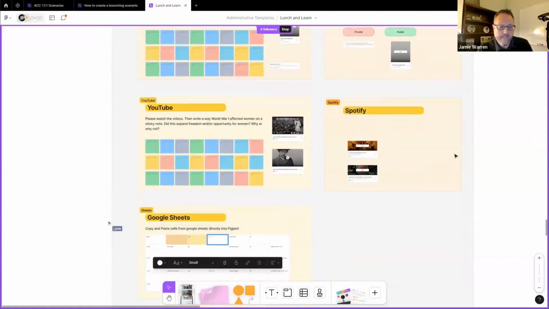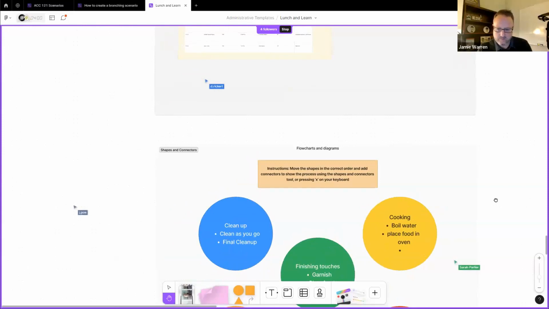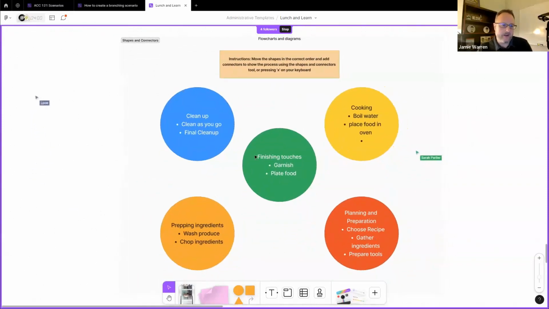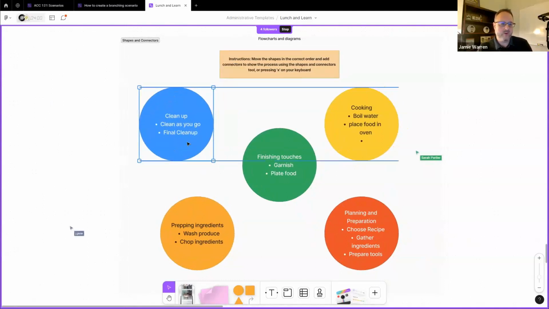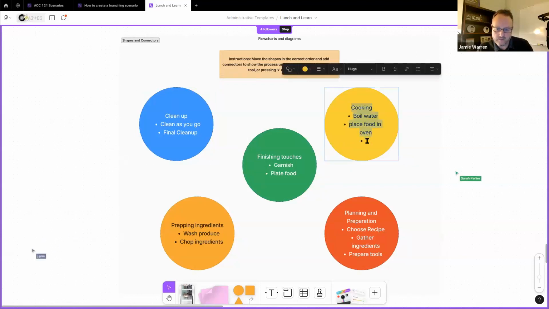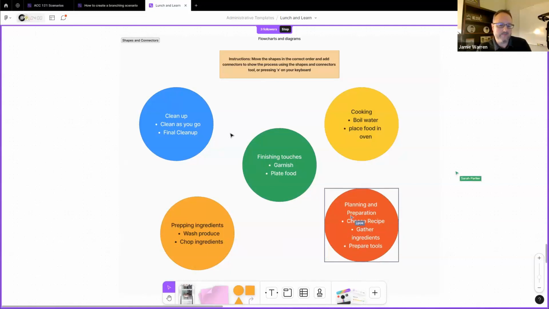Okay. All right, got two more things to show you. One is probably the biggest one. So I want to try this here. I have a process of cooking, and what we can do, I want to try the connectors. So if we can put this in order as to what process goes where,